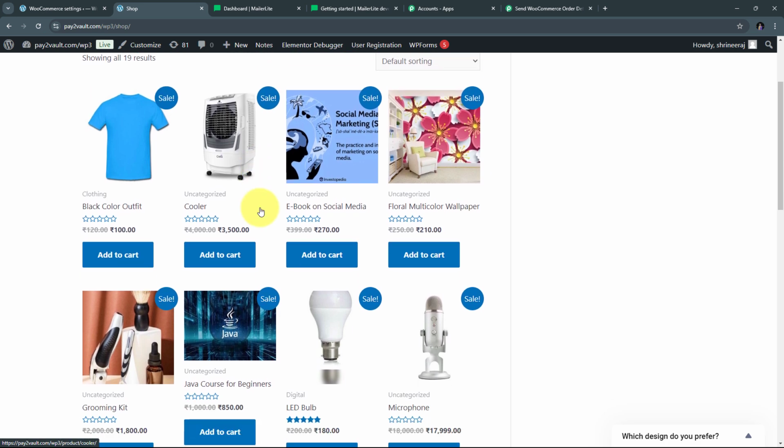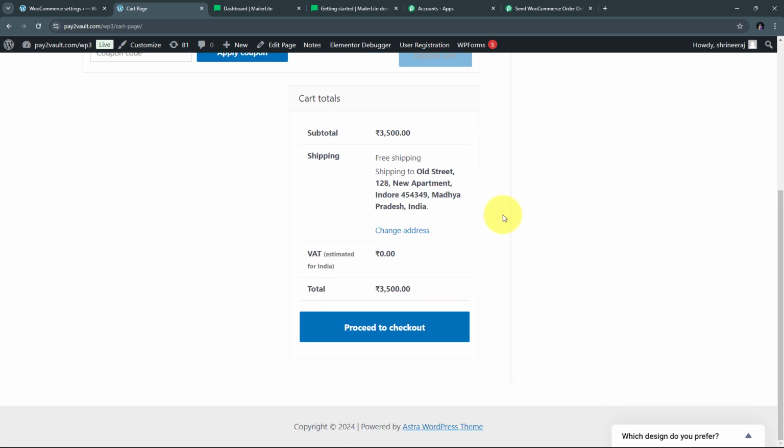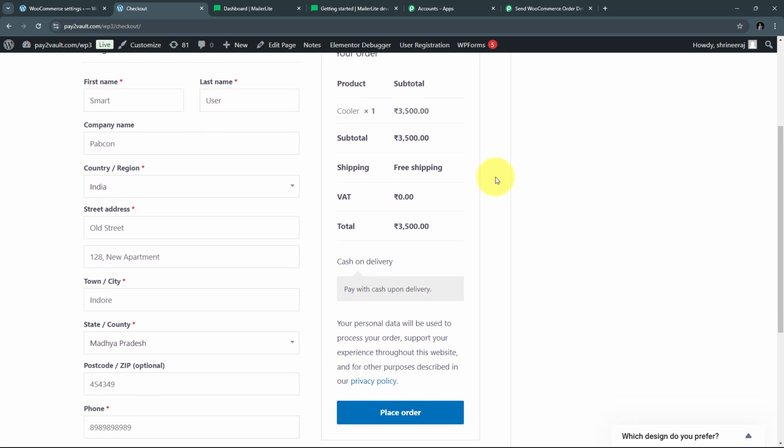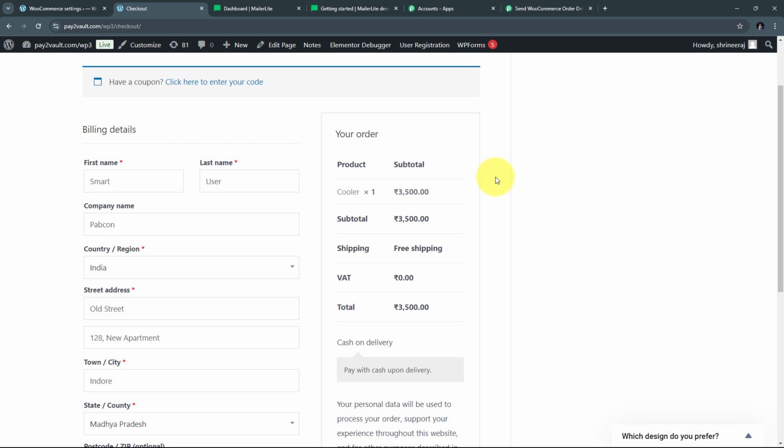So I'm going to select this product of coolers. I'm going to add this to cart and proceed to checkout. And here, as a customer, I have already logged into my WooCommerce store and I have filled all the required